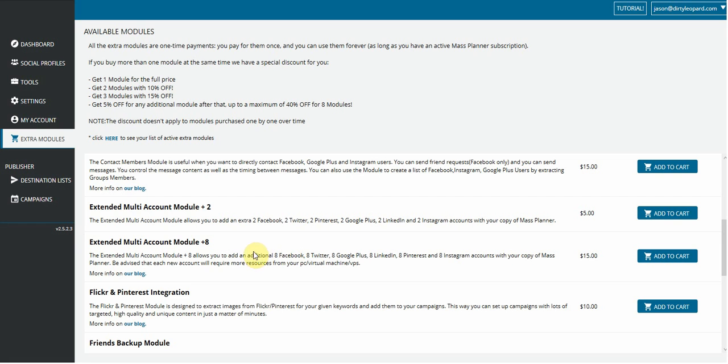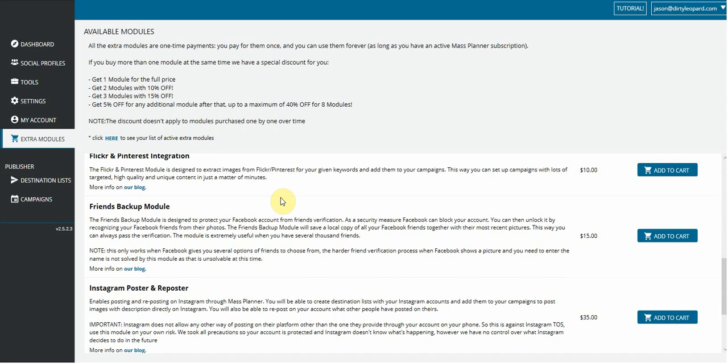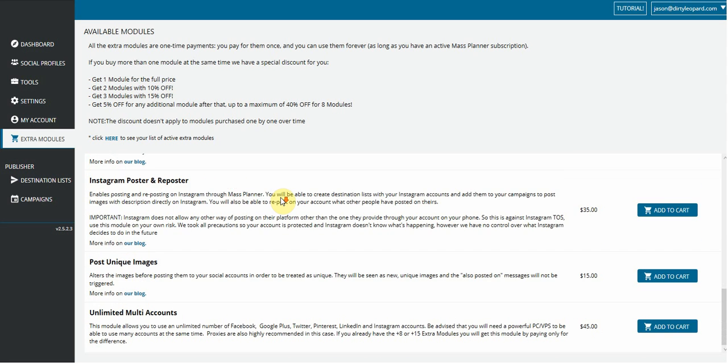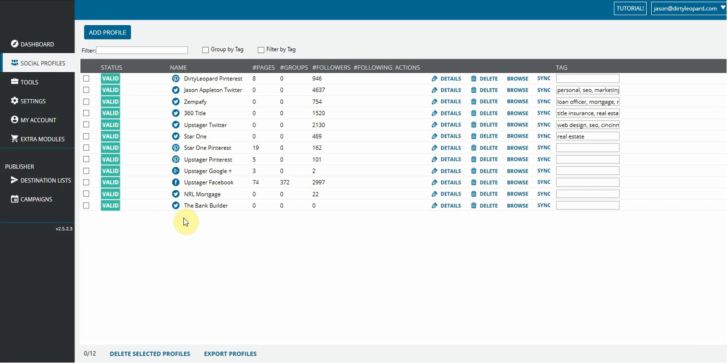But I already bought one of the bigger packages, so I can have multiple. I think I can have like 15 of each. So I think I can have 15 Facebook, 15 Twitter. But you can tell by the modules on here, there's so much stuff that this thing can do. It's just ridiculous. All right, so the Bank Builder is now valid,